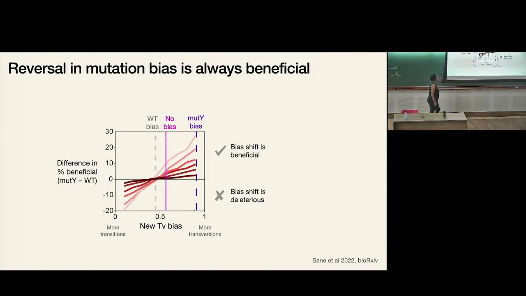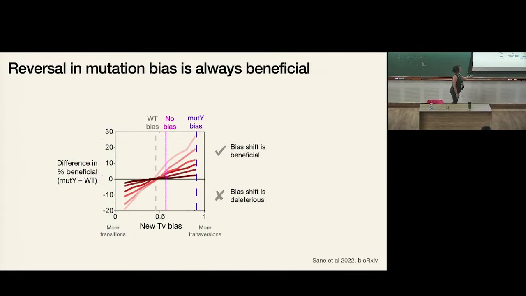So what do we actually see? Okay, ignore the colors for now. Focus on one line. I'm going to take this light pink line here. Okay, what does it mean? It means that anytime you're going from a wild type bias, which is in gray here, right, to a bias which is a no bias situation, pink, you're going to end up sampling more beneficial mutations, right? Now, if you go further towards the MUT-Y bias, that sampling is going to be even stronger and even higher,